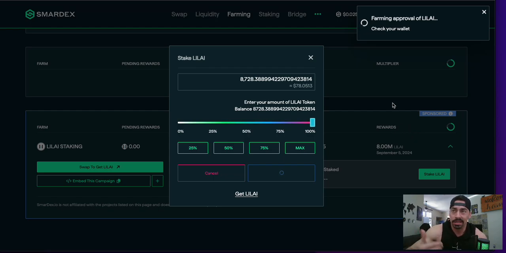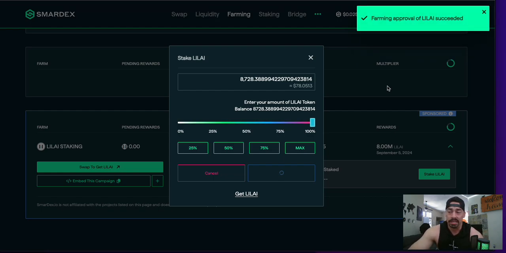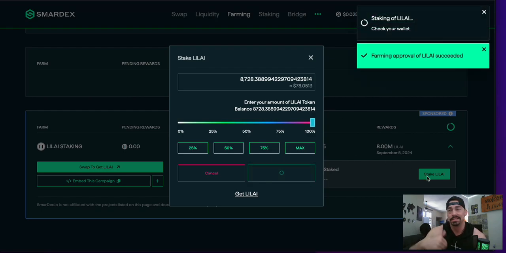So I just did that approval. That approval did actually cost a little bit of money for transactions. I had to pay some Ethereum for it. And then next I'm going to confirm it here, and this is going to add the tokens into the staking contract. So my little AI are going to leave my wallet and are going to be in the hands of